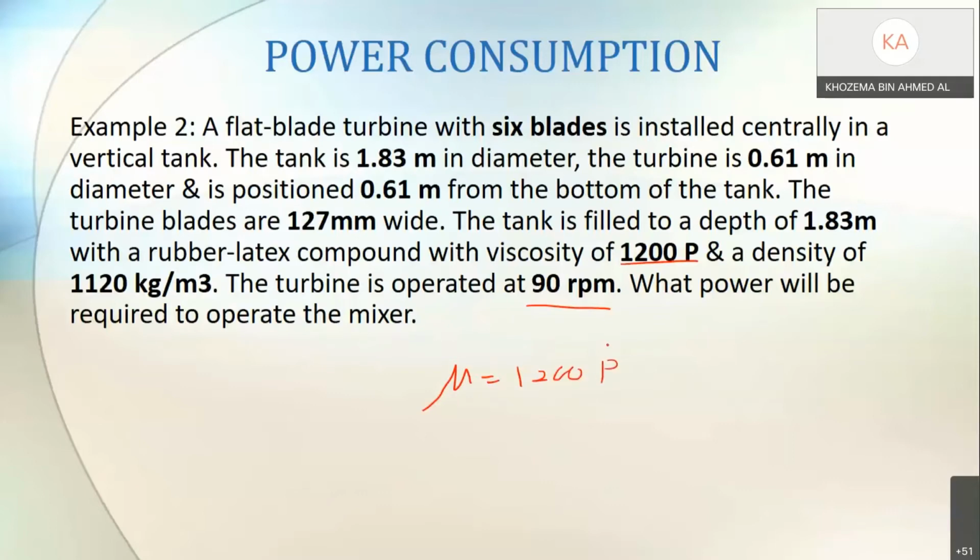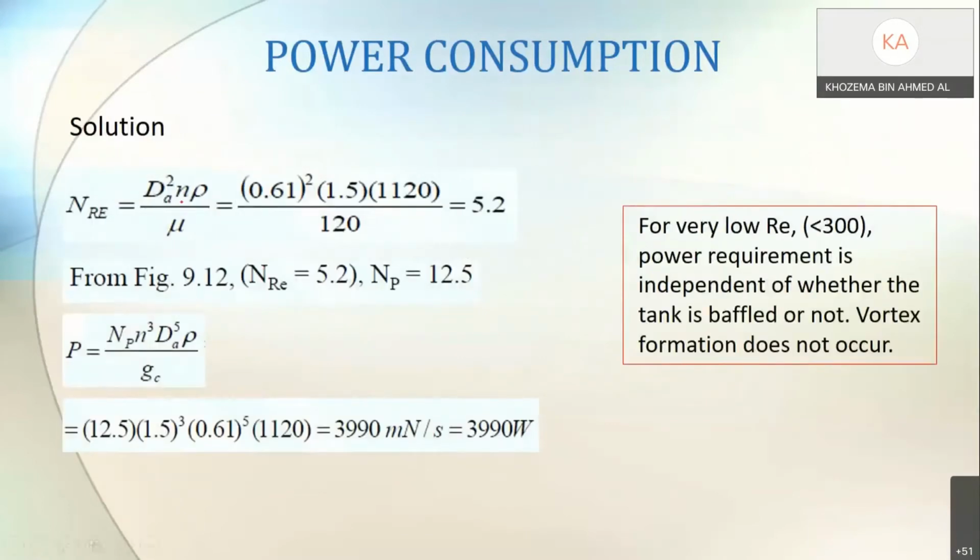Okay, so you must be able to change this into kg per meter per second. So what is 1000 P in kg per meter per second? So once you know this, everything else will be very easy, right? So dA is 0.61, N is 90, you change it to per second, so you get 1.5. Rho is 1120 divided with